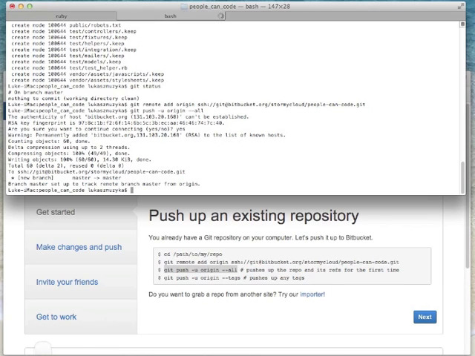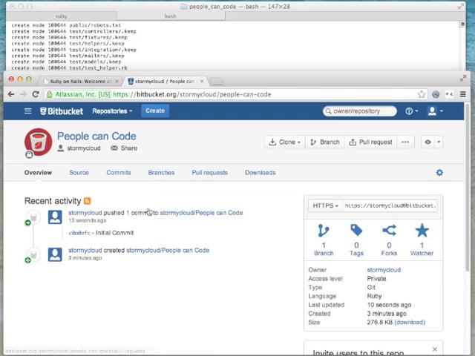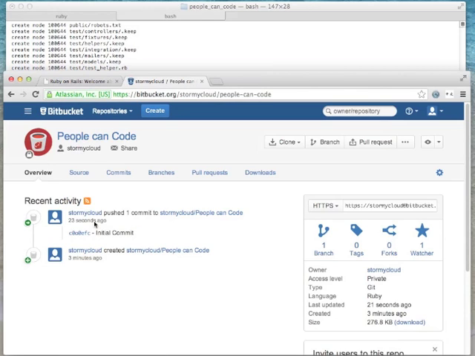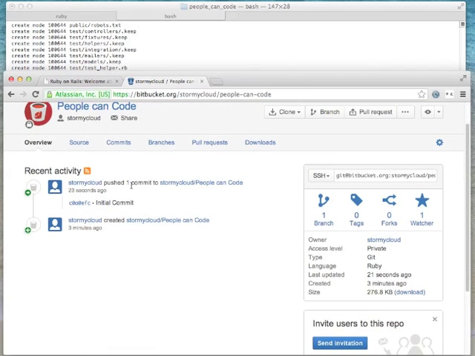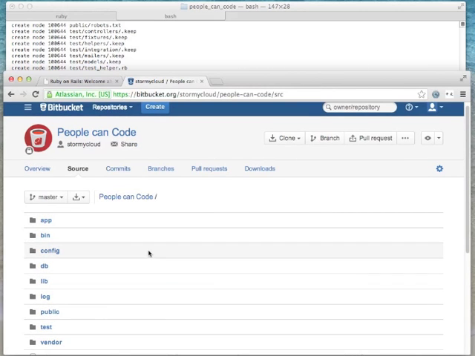Okay, we have a new master branch on our repository in Bitbucket. So let's see, actually, you can already see it on the website. I pushed one commit to peoplecancode. Yeah, so we can see the source code. Okay, everything is online, so other people can access it if you give them access, or you can access it